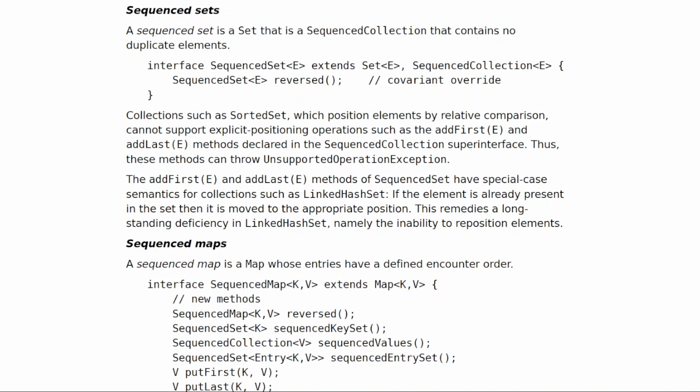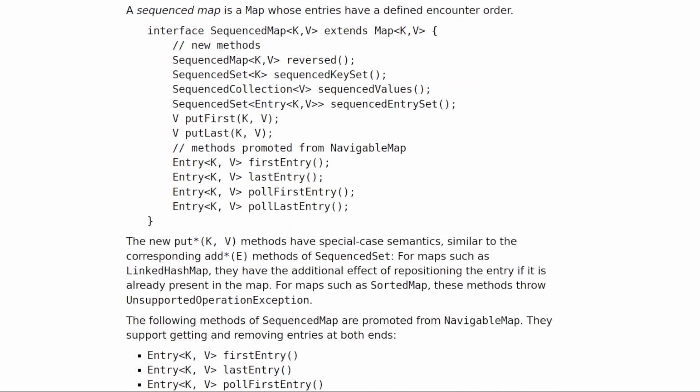Sequenced maps. A sequenced map is a map whose entries have a defined encounter order. interface SequencedMap<K,V> extends Map<K,V> { // new methods SequencedMap<K,V> reversed(); SequencedSet<K> sequencedKeySet(); SequencedCollection<V> sequencedValues(); SequencedSet<Entry<K,V>> sequencedEntrySet(); V putFirst(K, V); V putLast(K, V); // methods promoted from NavigableMap Entry<K,V> firstEntry(); Entry<K,V> lastEntry(); Entry<K,V> pollFirstEntry(); Entry<K,V> pollLastEntry(); }